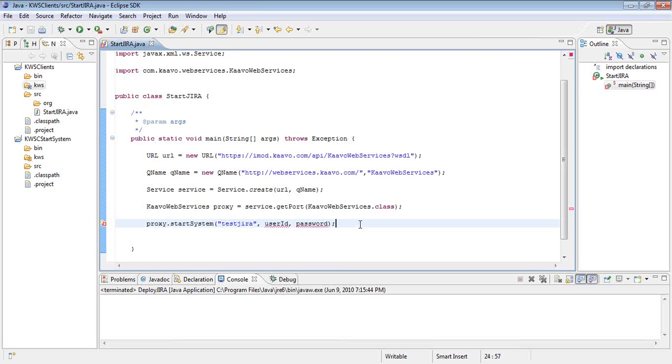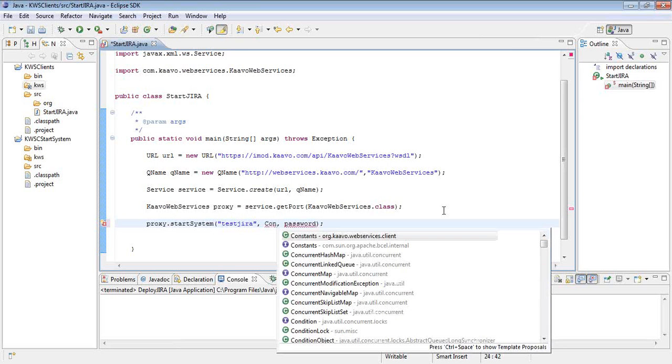And one thing I would like to mention is that in every web service call, we have to pass our credentials, that is the user ID and the password. For the sake of privacy, I have kept the user ID and password for my account in a constants file so that it is not visible. So I will just refer to them from the constants file.